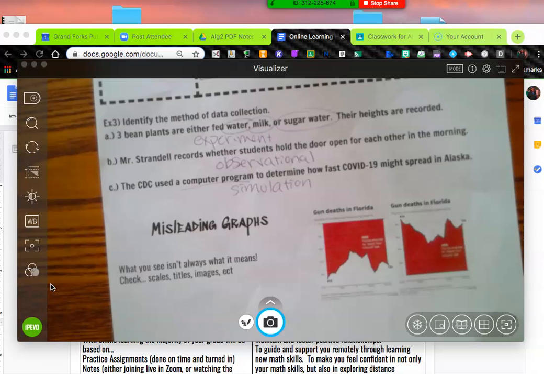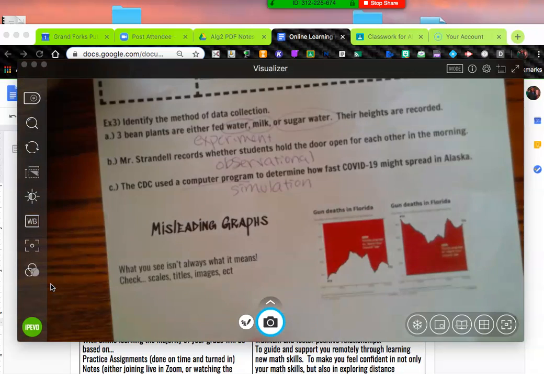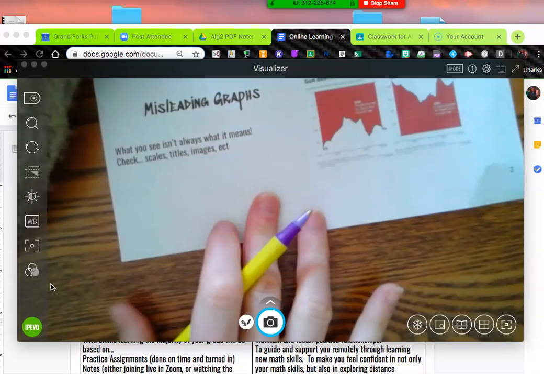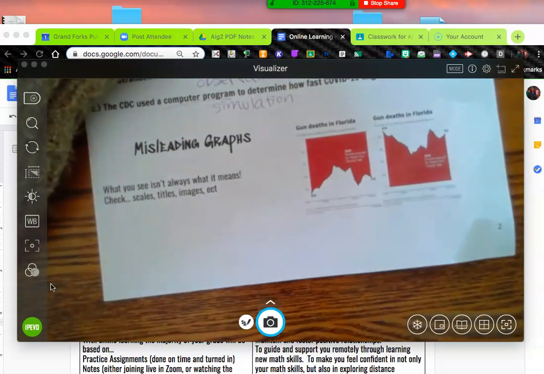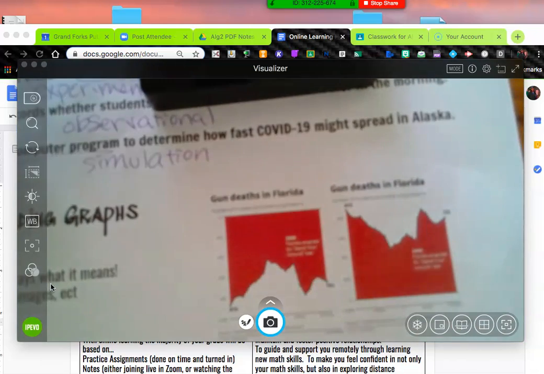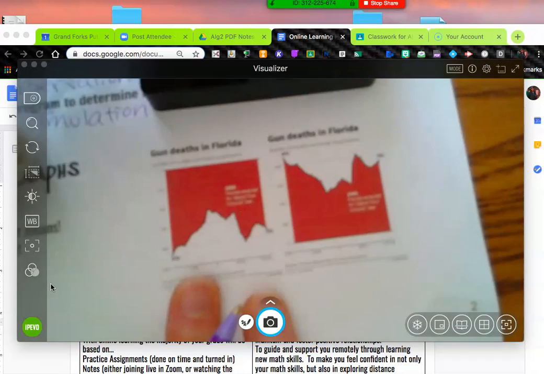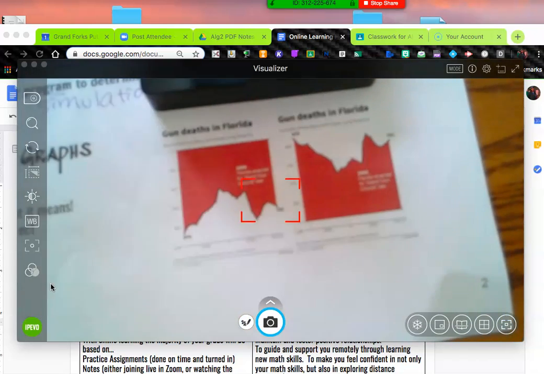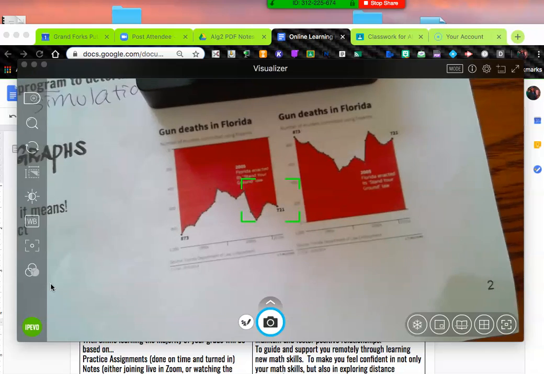Last thing, and this really has nothing to do with gathering data. It's more so one last thing of bias, because I tried to make this lesson all bias based. All right, misleading graphs. So a lot of times, if you just look in places,